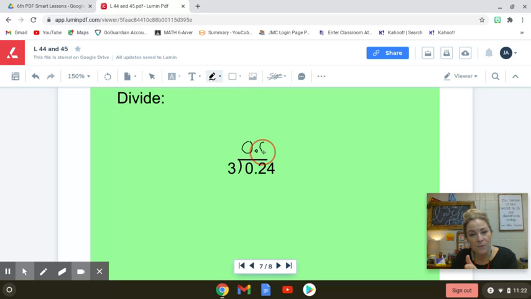I'm going to extend my division bar here a little bit. Now, can 3 go into 24? Yeah. 3 times what is 24? 8. And 3 times 8 is, in fact, 24. 24 minus 24 is 0. Our answer is 8 hundredths. We're not dealing with money or anything, so there are no other labels involved. I'm going to stop there. There are other examples in these slides. Those will be available for you in your notes if you'd like to